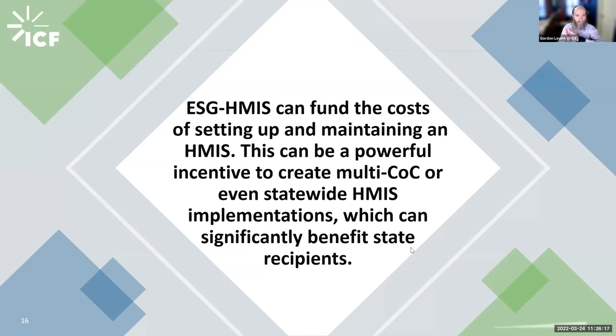We're highlighting this, and this is like the other slide in here that I feel very strongly about, because I think it's important for y'all to hear. Under the HMIS component of ESG, generally speaking, we think about that as an add-on, right? So you grant somebody funds for rapid, and then you give them a little ESG HMIS money so they can actually enter data. But it can also fund the costs of setting up and maintaining an HMIS, both the costs of doing so and the costs of an HMIS lead administering that system.